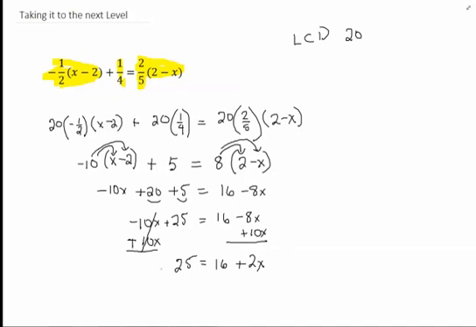We continue to solve by now moving all of our constant terms to the other side, and we're going to subtract 16 from both sides of the equation. And that leaves us here with 2x, because 16 minus 16 is 0, and 25 minus 16 gives us 9. Now that we've done our addition and subtraction, we can complete this solving for the variable x by dividing both sides by 2. So 2 divided by 2 gives us x, and that's equal to 9 over 2, which I'm going to simplify this time to 4.5